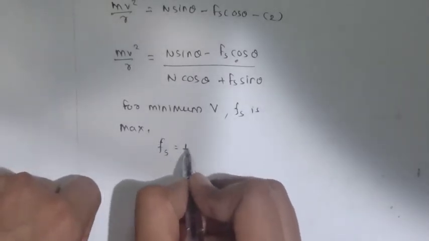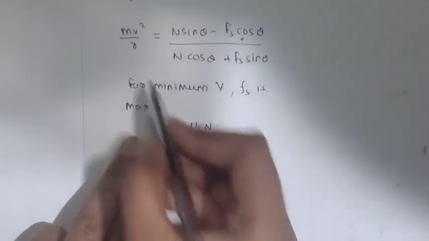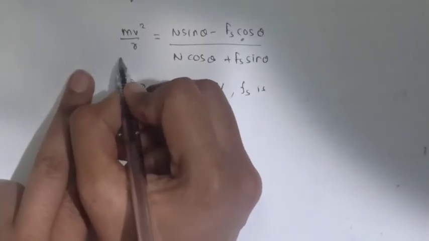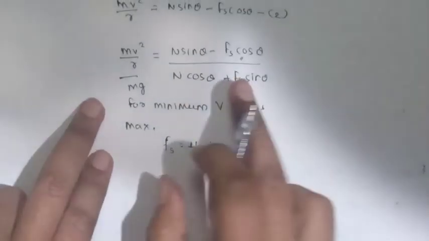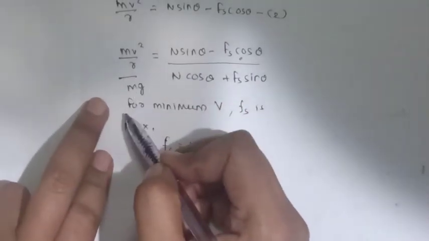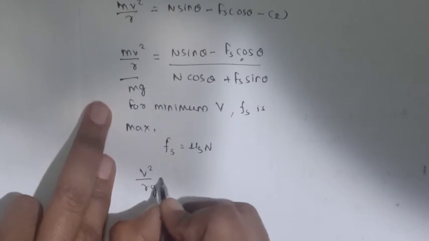Fs equals mu s N. Sorry, I made a mistake: divided by mg. From this equation, m and m will be cancelled, so you will get v square by rg equals